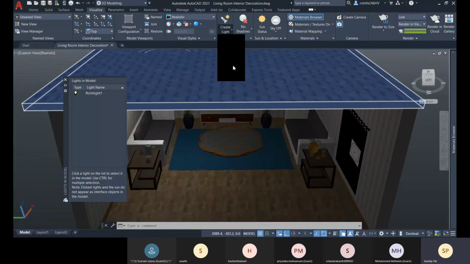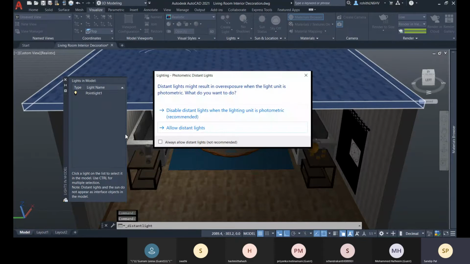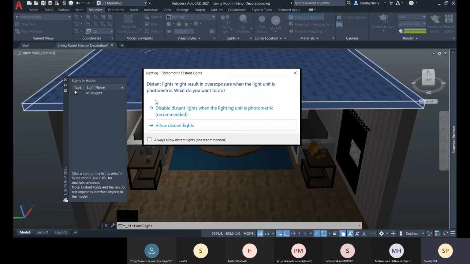Let me just tell you about this. It is telling you that distance light might result in overexposure when the lighting unit is photometric. Do you want to disable this distance light when the lighting unit is photometric?